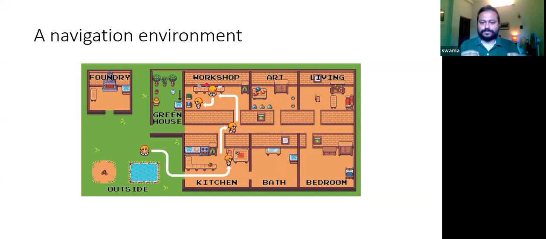Along with that, the agent can take a lot of different actions. The agent can open the door. It can pick up some object. It can pour some object into another container. It can turn on the stove, and a lot of different things. And the number of actions is not fixed. Let's say the number of actions that the agent can do within the hallway is different from the actions that it can do in the kitchen.